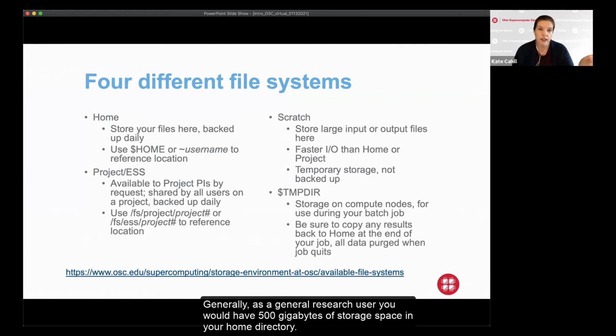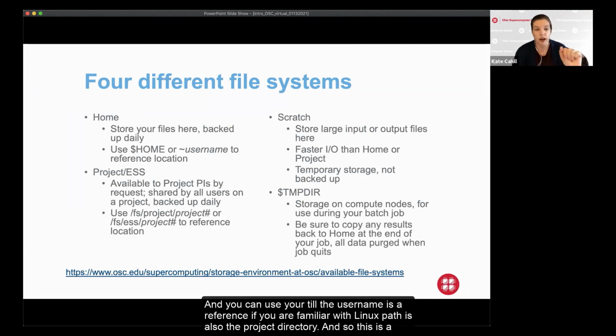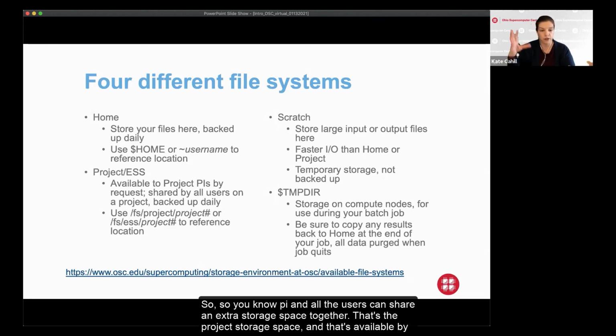Generally, as a general research user, you would have 500 gigabytes of storage space in your home directory, and you can use your tilde username as a reference if you are familiar with Linux paths. There's also the project directory, a space where the whole project, so the PI and all the users, can share an extra storage space together.